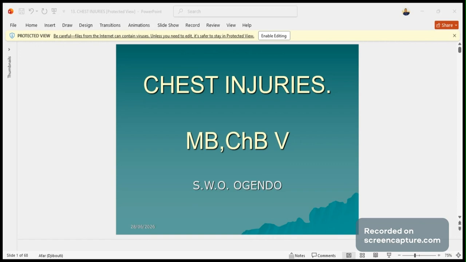So when we talk about casualty management, we normally have primary survey, secondary survey. Then you have investigation, transfer to ward or theater, and never forget associated other injuries, okay? So don't just go direct and manage the chest injury, forgetting that this was a traumatic accident, therefore there is the possibility of other injuries. You have airway, breathing, circulation, disability (CNS), and exposure. Those are the primary survey. So primarily we have the A, B, C, D, E, okay?